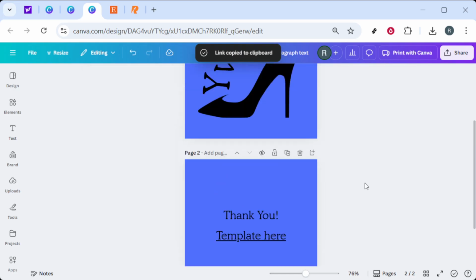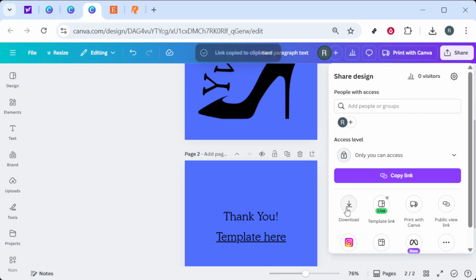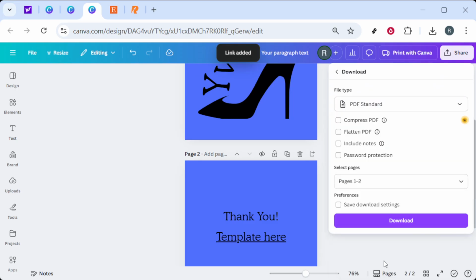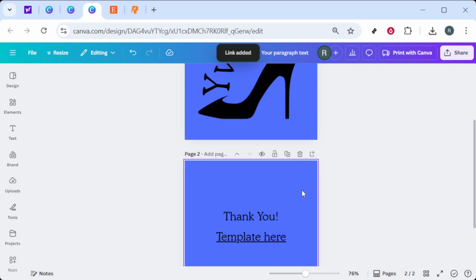Now prepare your file for delivery. Go to Share, select Download, and choose your file type. Pick PDF Standard and download it. A PDF is ideal for digital marketplaces because the hyperlink on your thank you page stays clickable, guiding customers straight